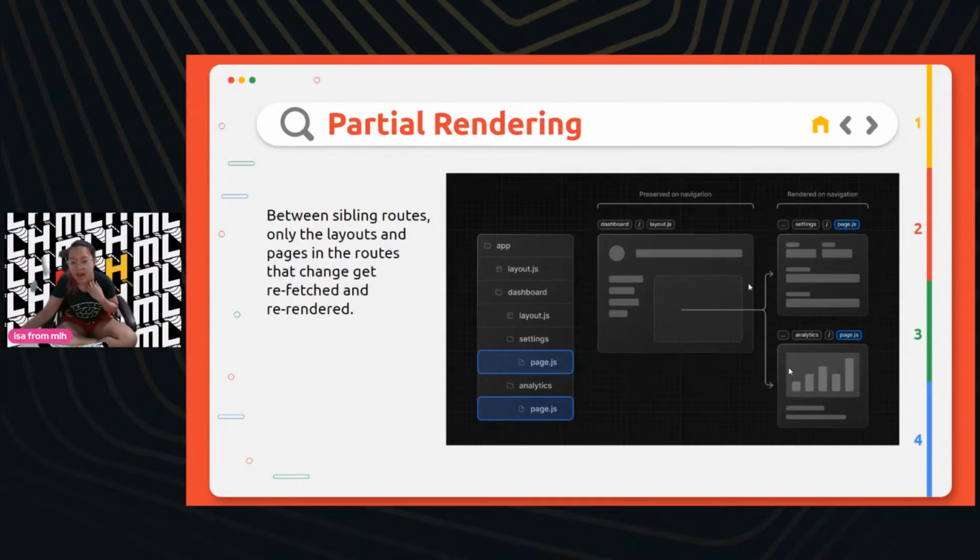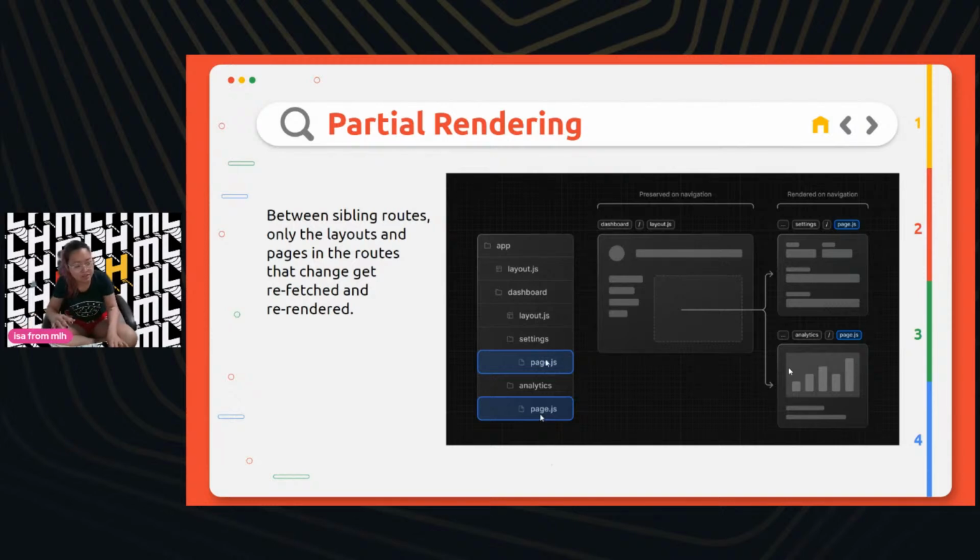So let's say you have the settings and the analytics, right? Settings and analytics are siblings here, which means on the tree, they're on the same layer. And what this is saying is that if you're changing something in settings, only settings gets re-rendered. Analytics stays the same.